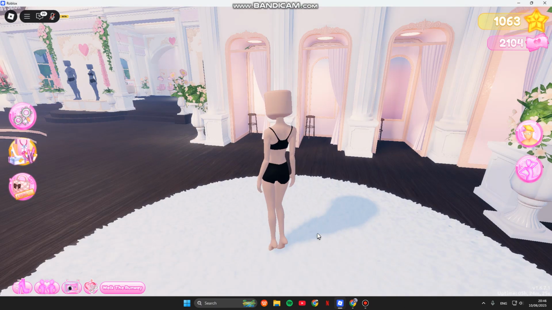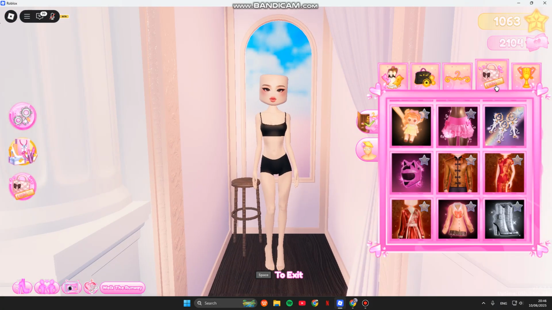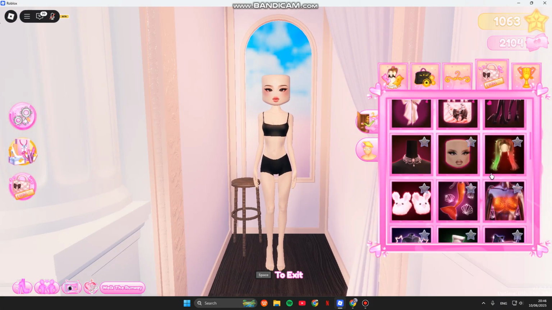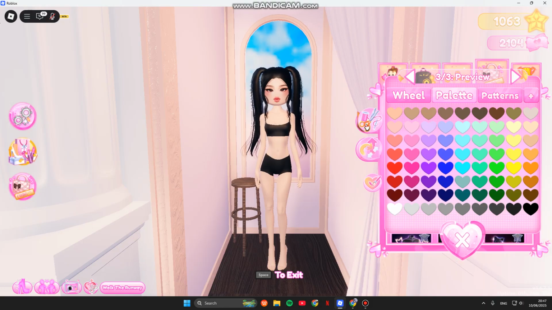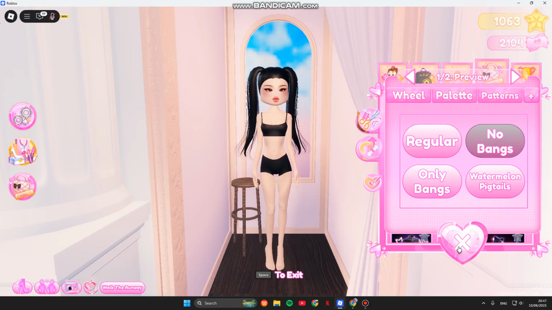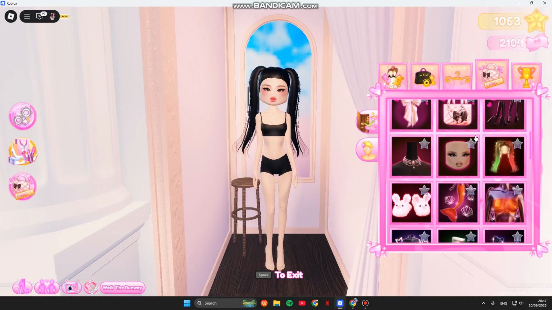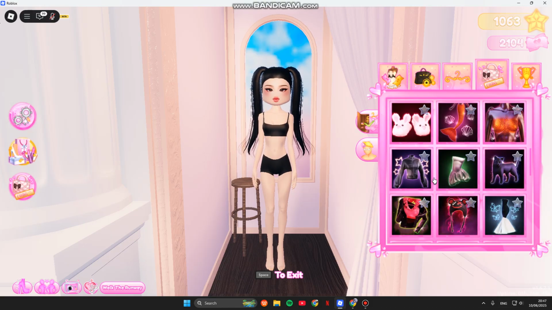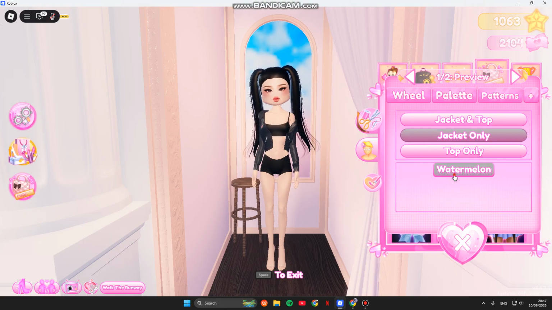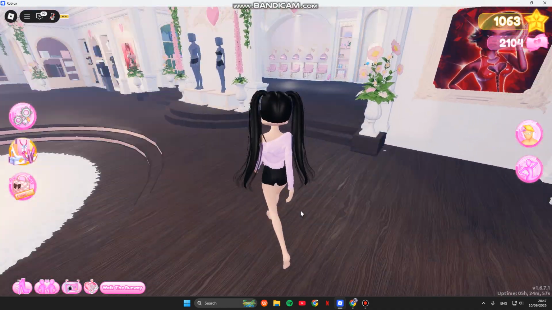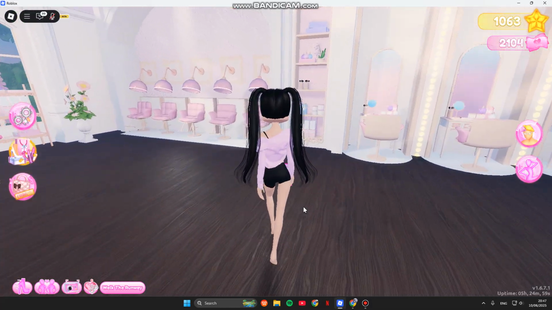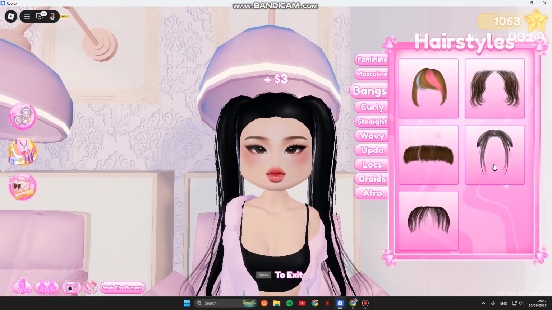So first, for the hair, I'm going to use this hair from Code Items, this glow hair in here, and I'm going to make the color all black like this and turn off the bangs. And let's put on this jacket first, turn off the watermelon and make the color soft pink like this. Okay, so for the hair, I'm going to add this one bangs in here, this one,